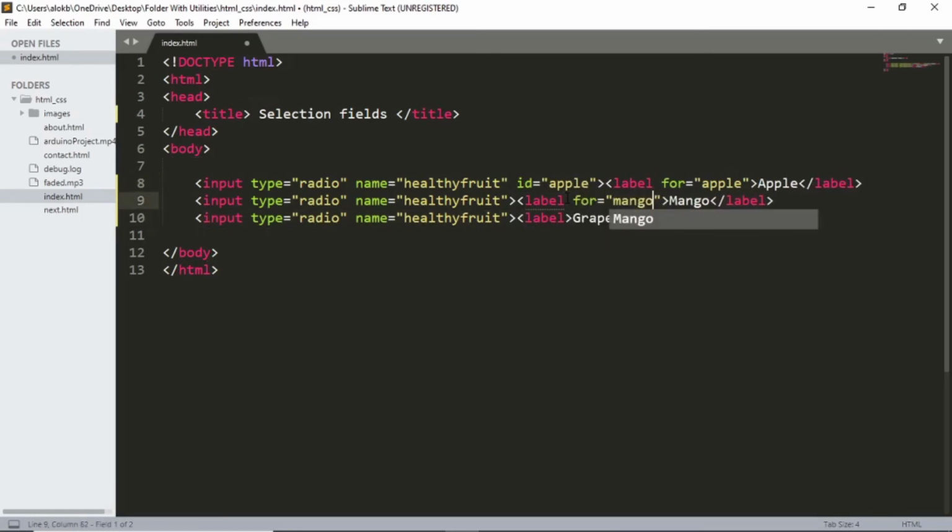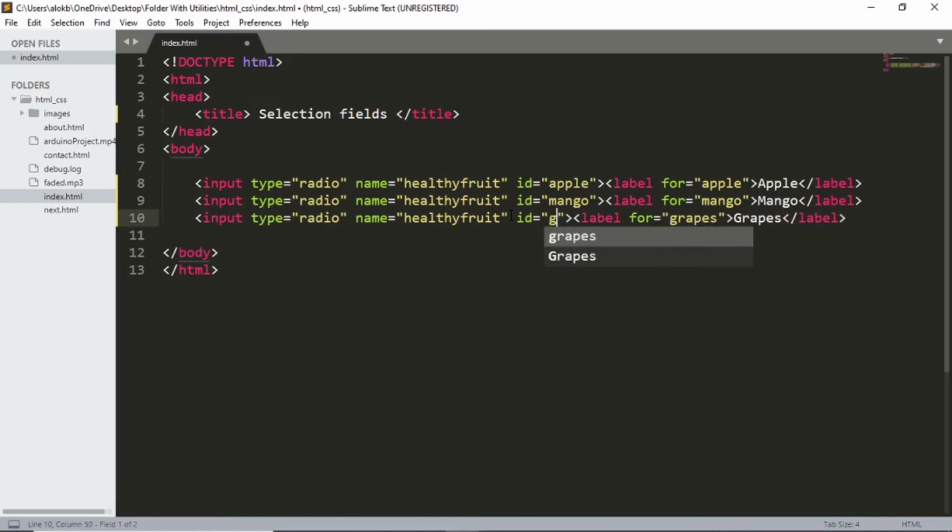For mango, ID mango. For grapes, ID grapes. And now if I refresh my browser, you can see I will be able to select the option if I click on the labeled fruit.